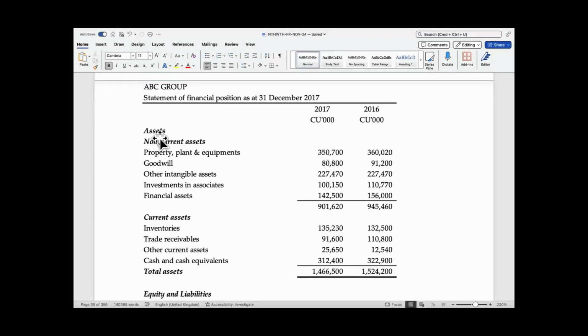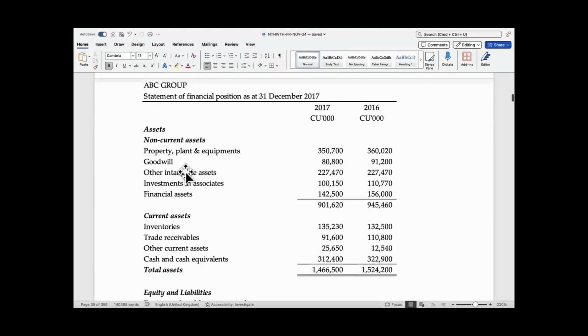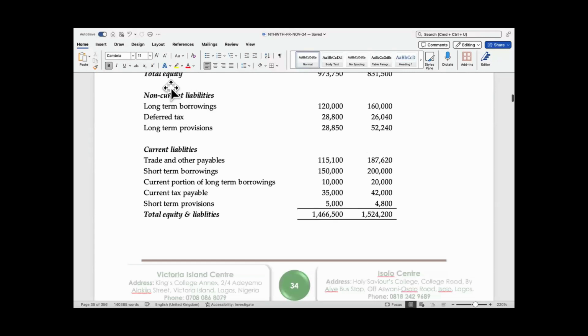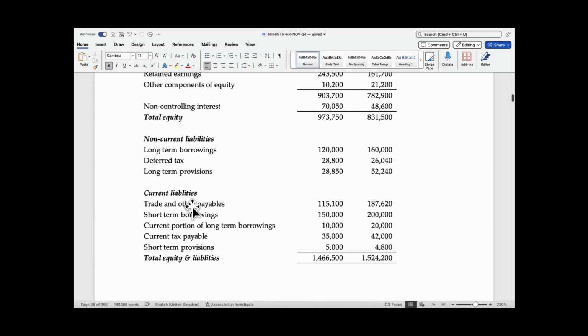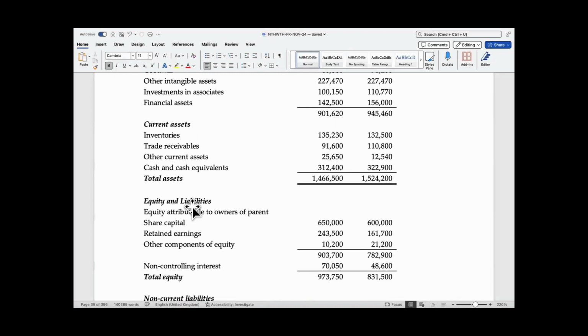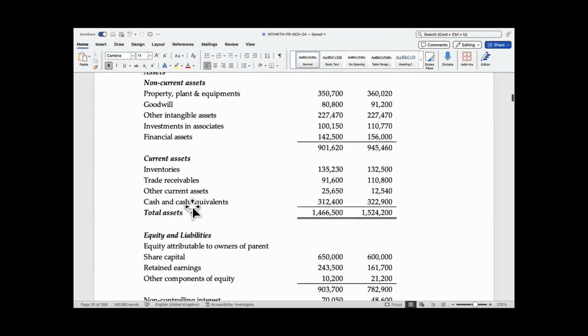So you see, it's not just assets, even liabilities too. When you go to the liabilities section, they also classify that into non-current and current, in such a way that the liabilities that will take many years to settle come first. The liabilities that will settle immediately come last, right? So you see, the whole idea behind this is that business is a continuum. This entity will continue to operate as a going concern. And IAS 1 says that